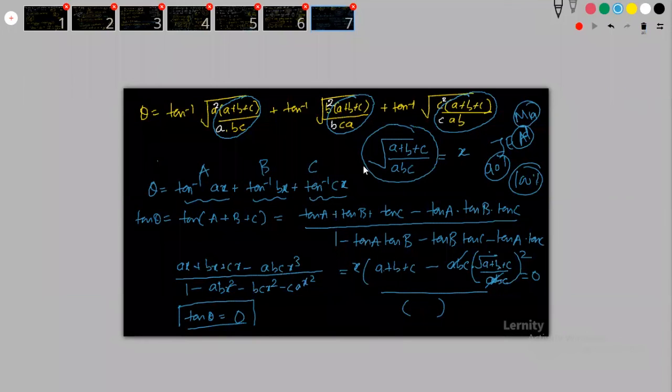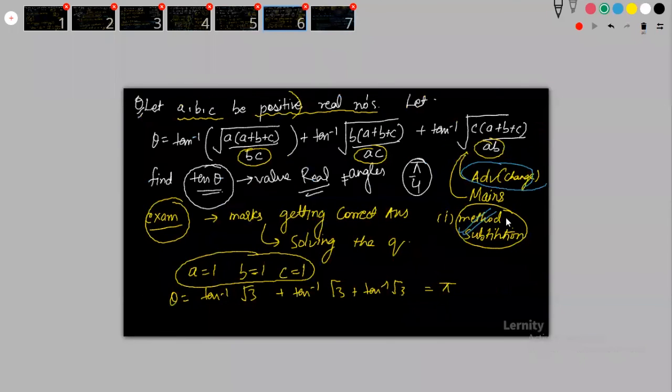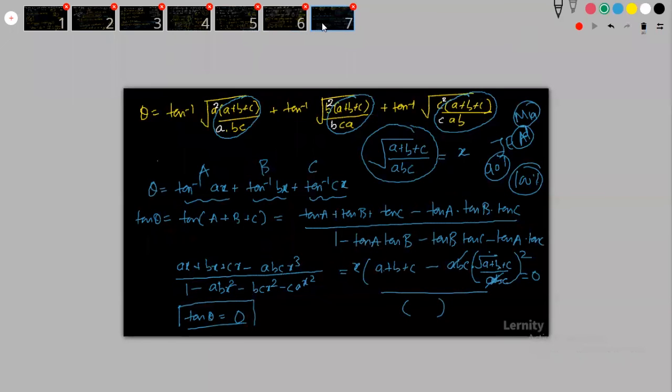Okay, so Subiksha, I will explain the question once again. See, what is happening here? I have tan inverse of this thing, right? So I have tan inverse of this part. Should I explain the subjective part or the objective part? Subiksha, which part do you want me to explain? Okay, so subjective.